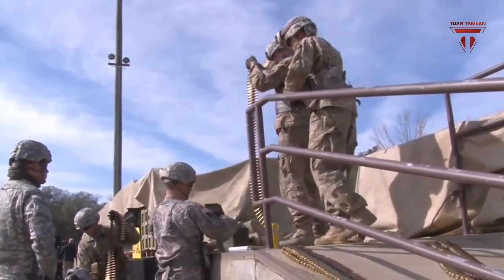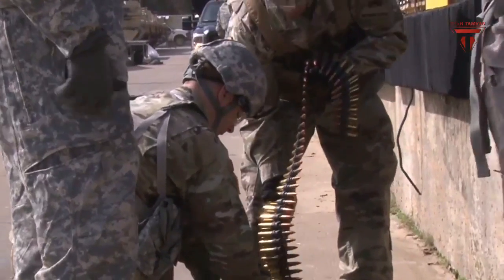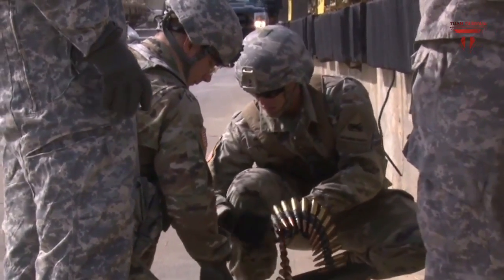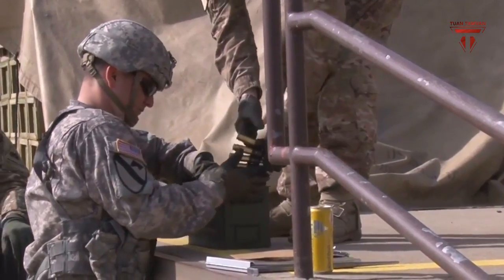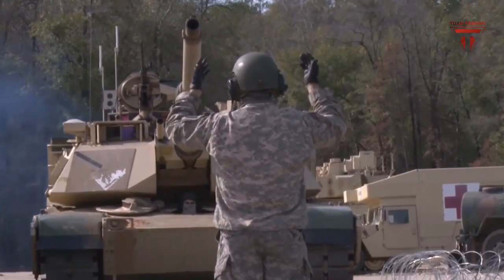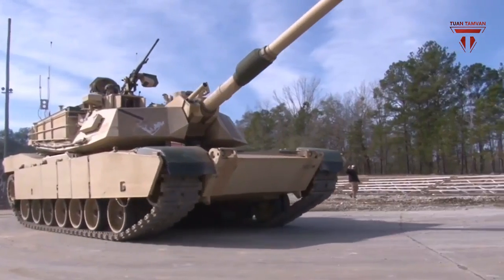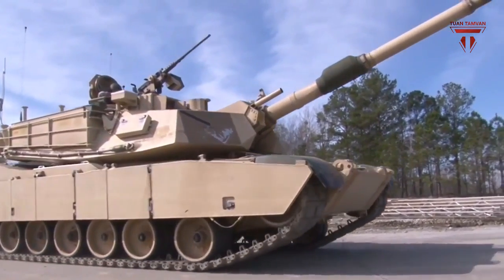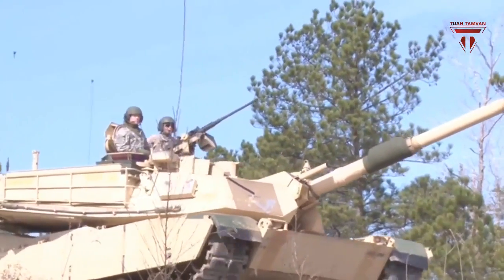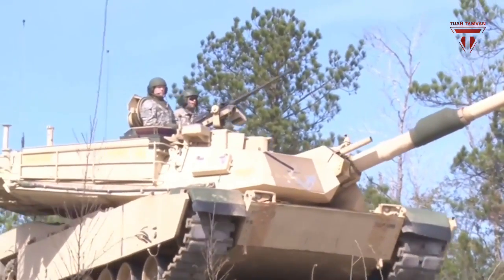The M908, Obstacle Reduction Round, is the 4th that the AMP round will replace. It was designed to assist in destroying large obstacles positioned on roads by the enemy to block advancing mounted forces, Army statements report. AMP also provides 2 additional capabilities: defeat of enemy dismounts, especially enemy anti-tank guided missile, or ATGM,